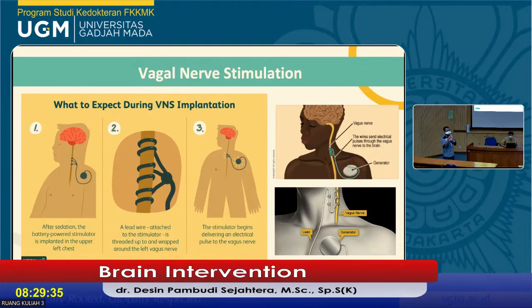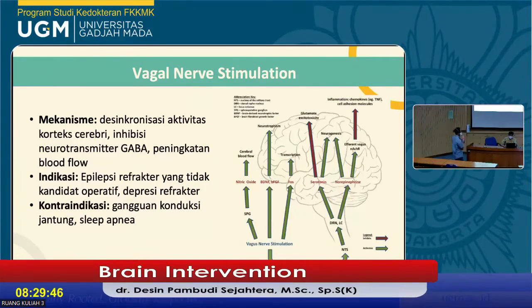Maybe this one in our currency, rupiah, is maybe 200 million, yeah. Okay, next. Some regulation, VNS and DBS, some regulation, yeah, cannot enter Indonesia, but I don't know, because last month I spoke in a webinar and the audience said that some center in Surabaya can do it, the VNS and DBS.